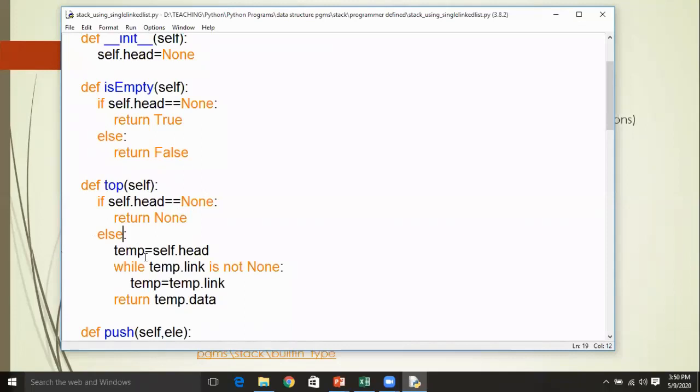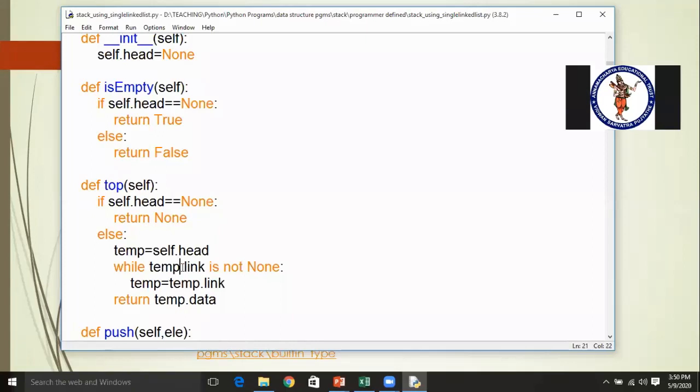Then what you are doing is you are considering this head as a temp. So whatever address is stored in head is handed to a variable temp. Now while temp.link is not null, you are going to traverse until temp.link becomes null.